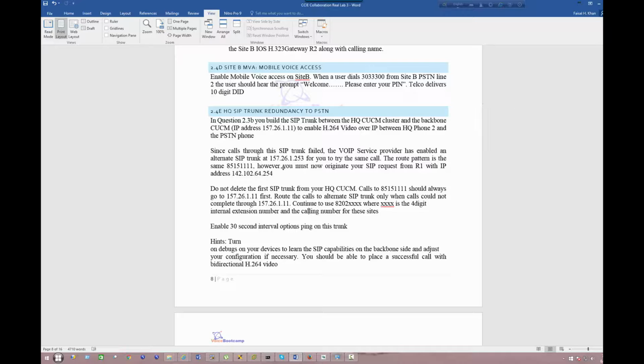The difference in this scenario is that when the call goes through this backup SIP trunk, it has to go through this router, which is the R1 or HQ router. So therefore, there has to be CUBE configured on the HQ router itself. So you're going to dial this particular number, and you want to make sure that the caller ID remains 8202.xxxx. So we're going to validate that, and we're going to also make sure that you have option ping enabled